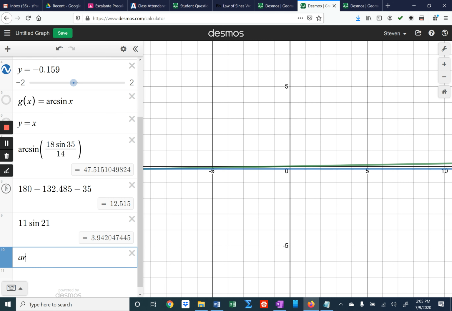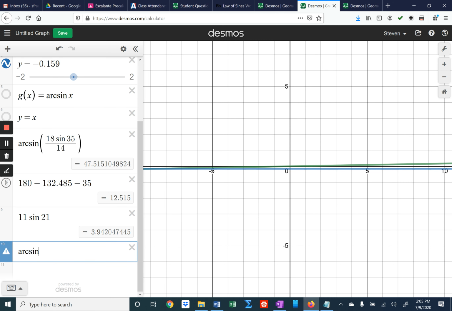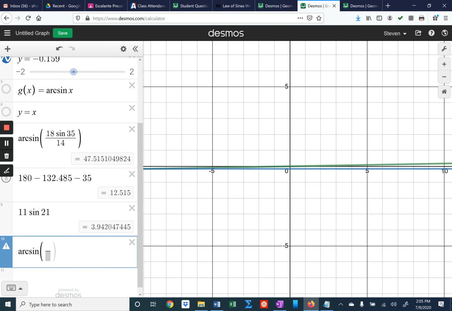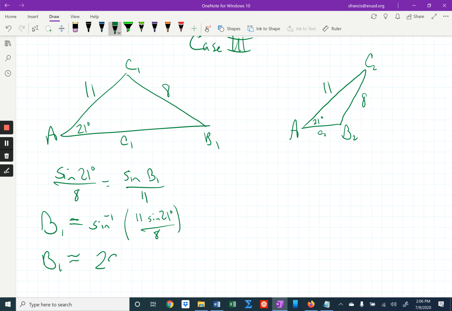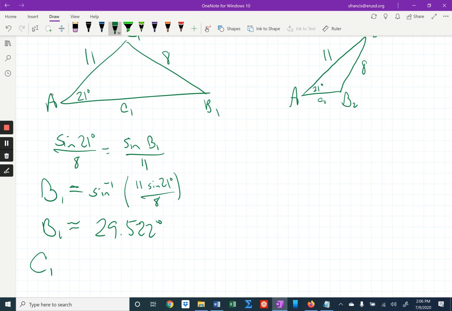So we need inverse sine or arc sine. Divided by 8, which is 29.522 degrees. And so angle C sub 1 is going to be 180 minus A minus B sub 1, which will be approximately,